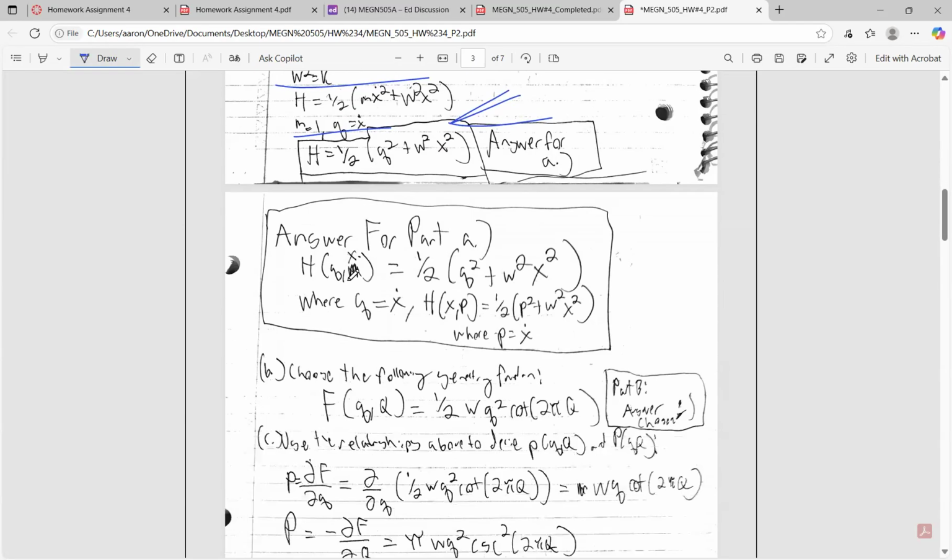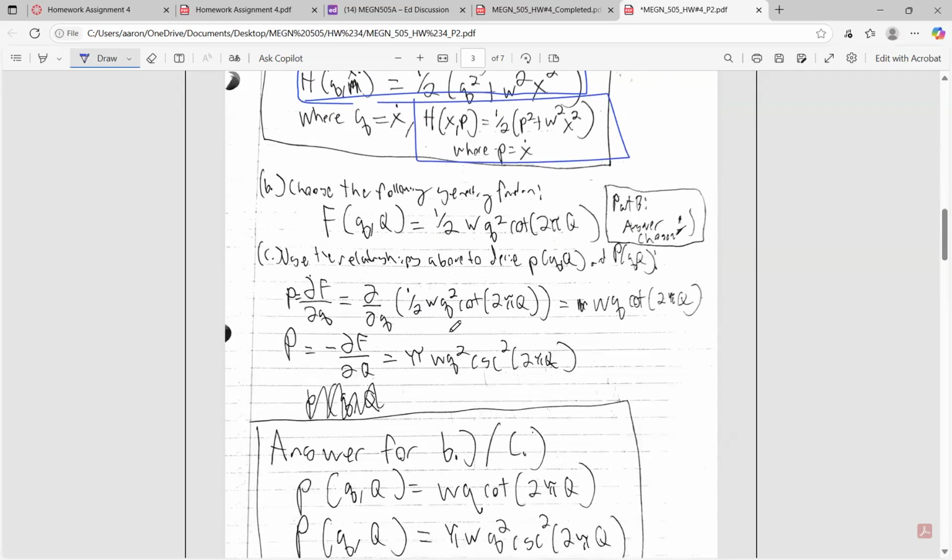I wrote it both in the style that made sense the most to me, as well as the style that Gary suggested, or Dr. Mav, sorry. B and C kind of go together. I wrote this here